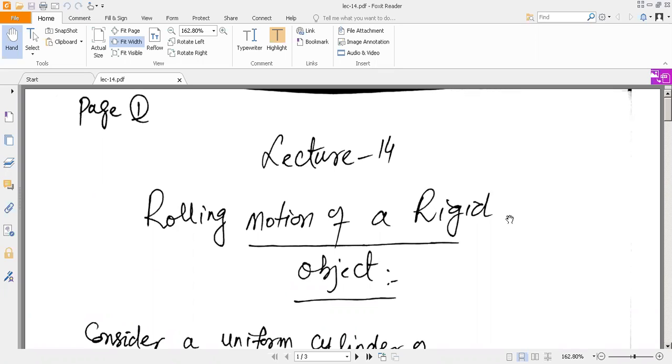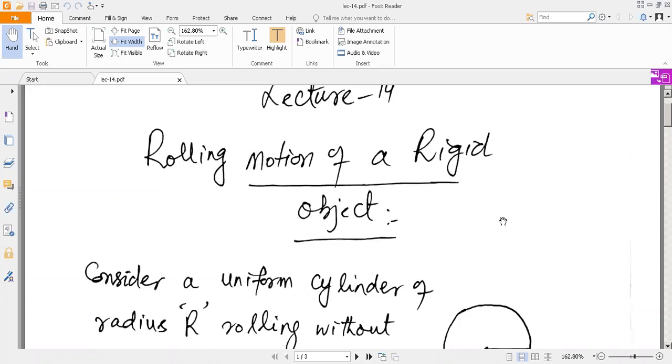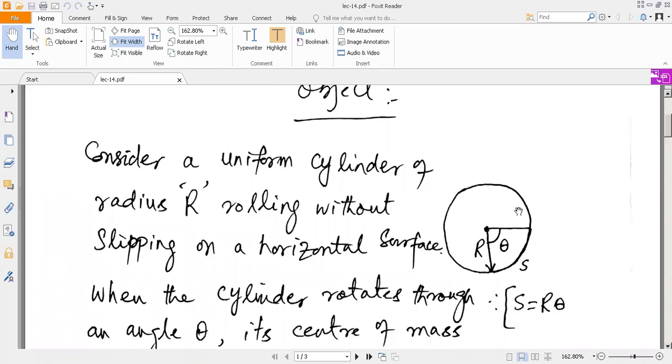This is our 14th lecture of Mechanics 2. Here we will discuss the rolling motion of a rigid object. For this purpose, we consider a rigid object which is in the form of a cylinder. Here we can see a cylindrical object,